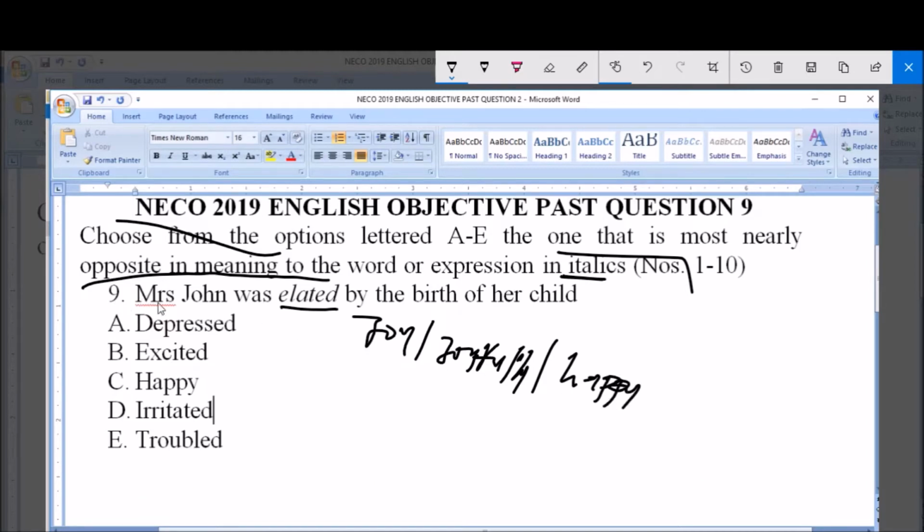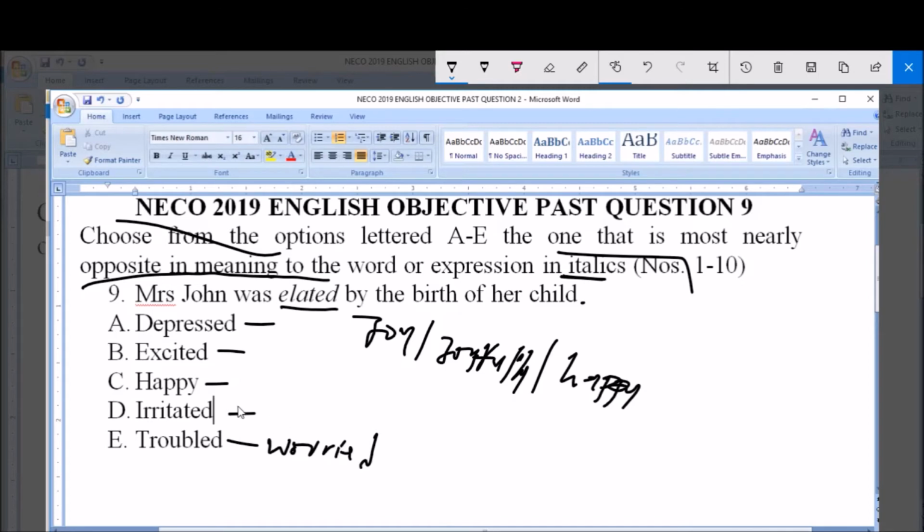The sentence says: Mrs. John was elated by the birth of her child. Mrs. John was elated by the birth of her child. Then option A says depressed, B says excited, C says happy, D says irritated, E says troubled. And when we talk of troubled, it is synonymous to